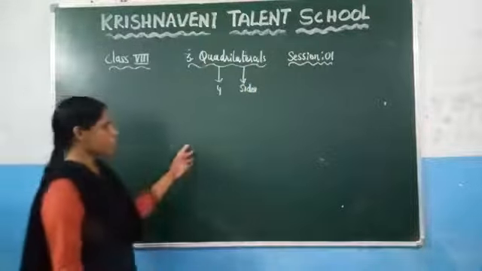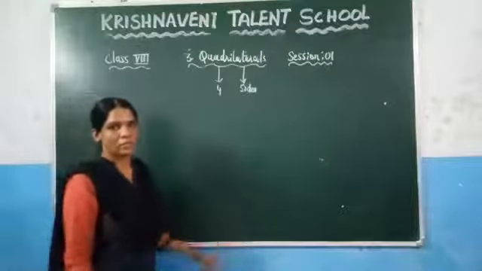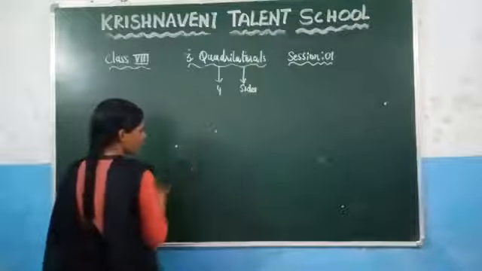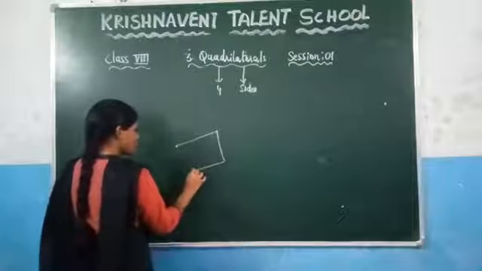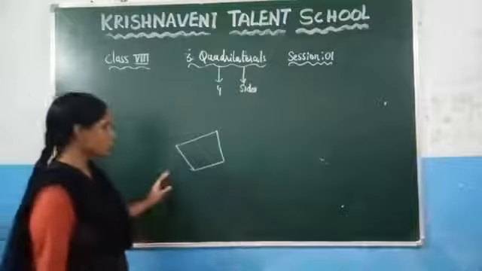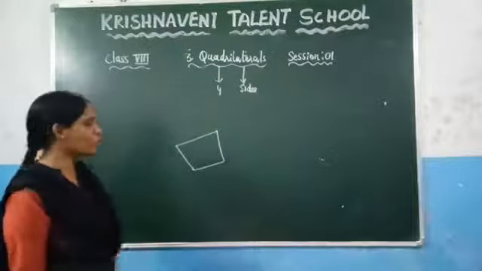That means if you consider any four points on a plane, if you draw them here, you will get a quadrilateral. So consider here one point, one point, one point and one point. If you join them, you will get the four-sided figure. We call this a quadrilateral. So what is meant by a quadrilateral? A closed figure that consists of four sides, we call it a quadrilateral.